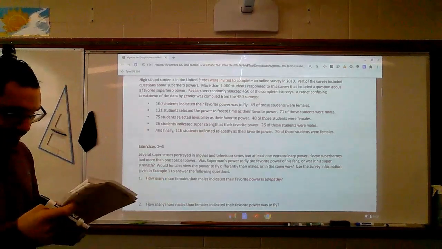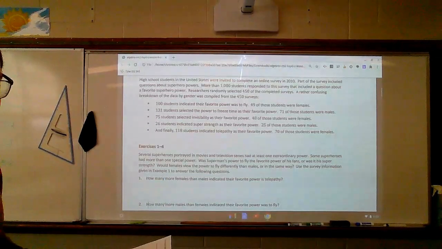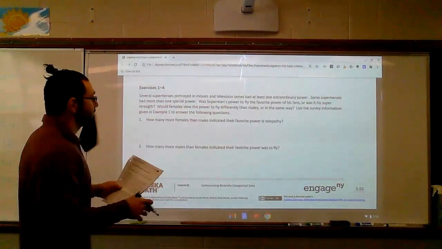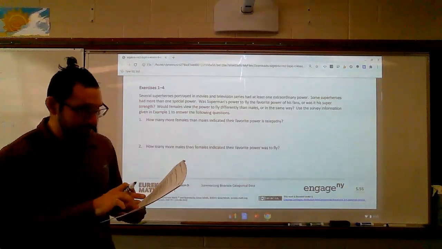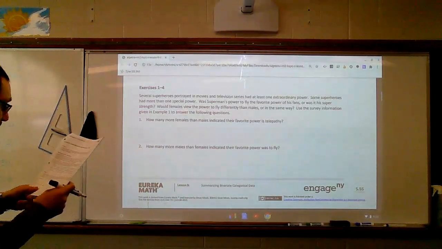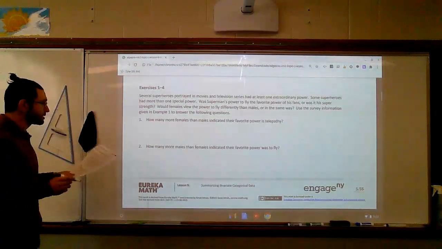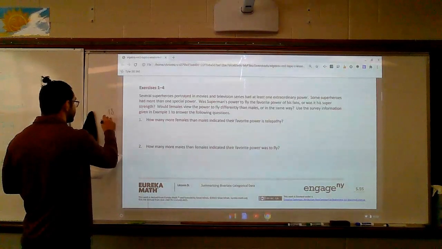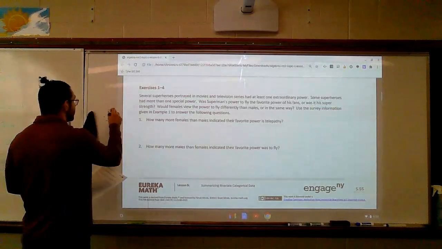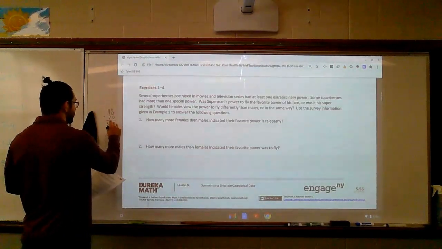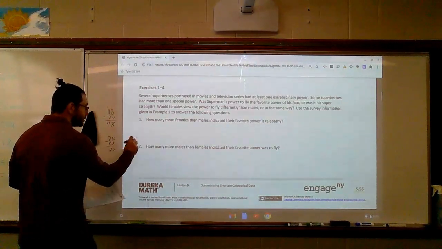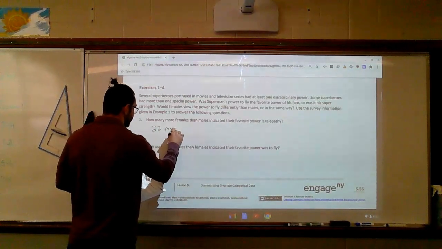So as we flip the page, we can say how many more females than males indicated their favorite power is telepathy. So I'm going to come up here and I'm going to find telepathy. And it is the bottom one. 118 students indicated their favorite power was telepathy. So I'm going to do 118 minus 70, because that's how many females. We're finding the males. So that gives me 48. So 70 minus 48, that gives me 22. 22 more females